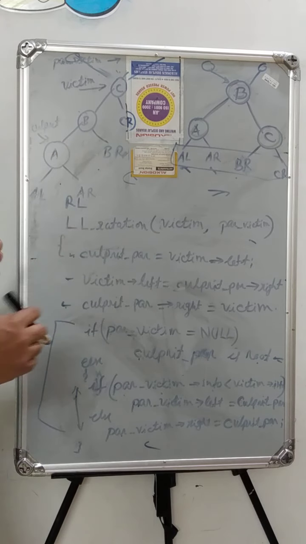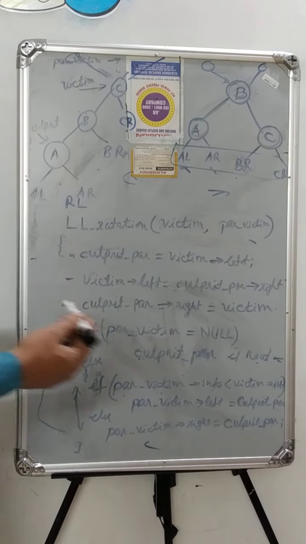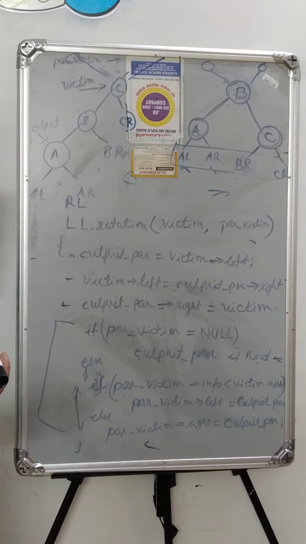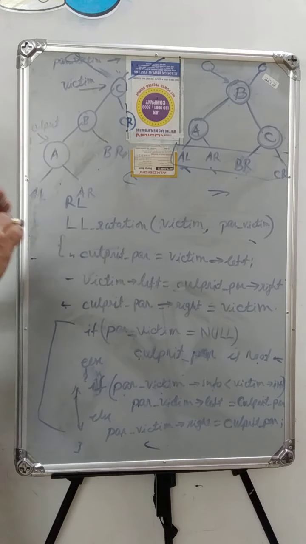Take a very simple example of your own, construct a very simple balanced binary search tree, then insert one data item so that it violates the balance factors and LL rotation is needed. Then analyze whatever pointers need to be modified in the resultant tree. Then it will clarify your